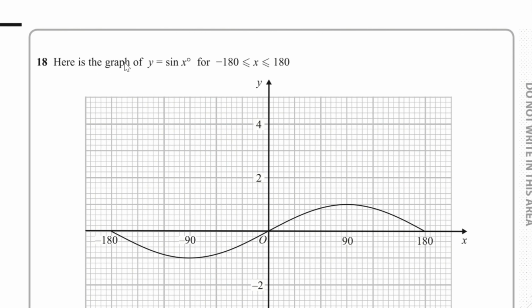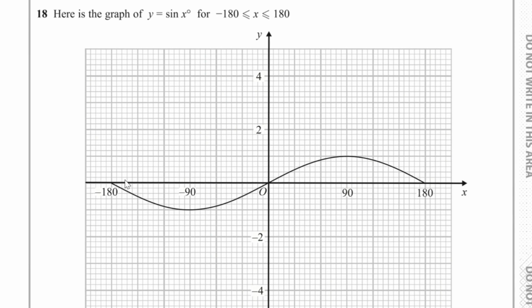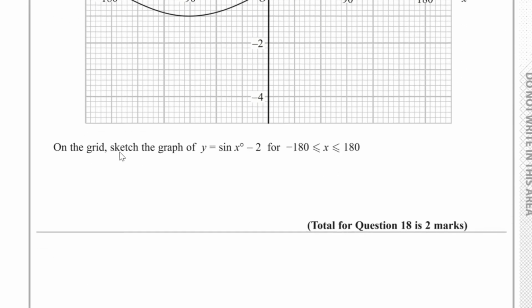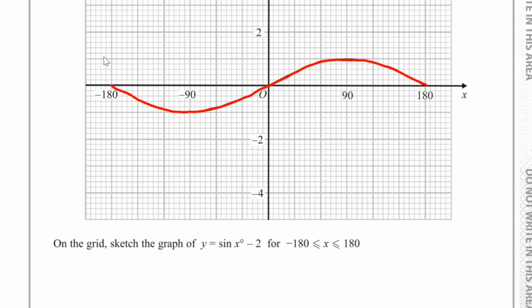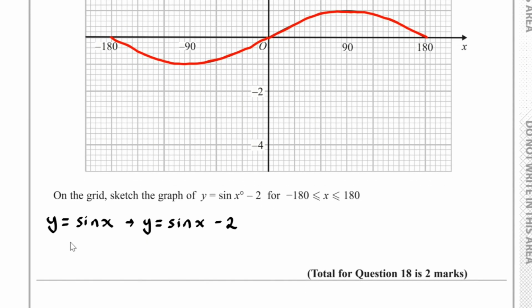Question number 18. Here is the graph of y equals sine x degrees for x being in between minus 180 and 180, and we have to draw the graph of y equals sine x minus 2 between minus 180 and 180. Well, here we have the graph of y equals sine x, and what I'm doing in this question to go from y equals sine x to y equals sine x minus 2 is I am translating,